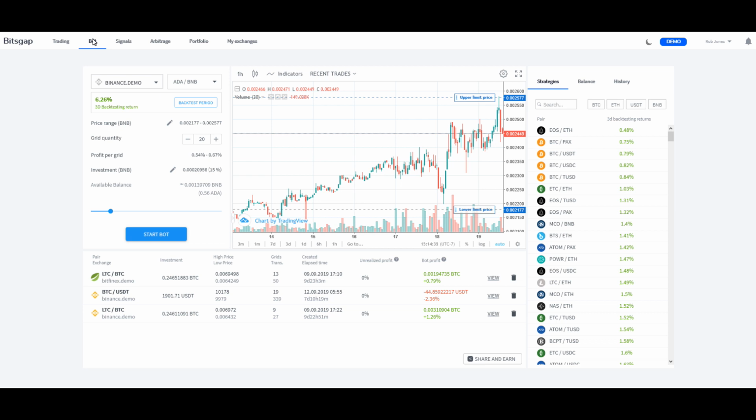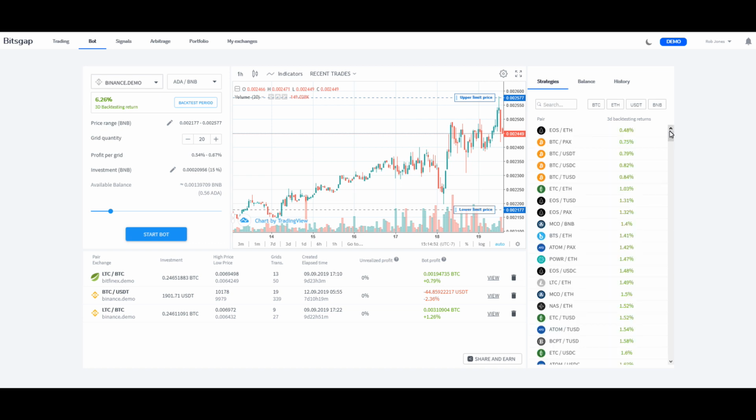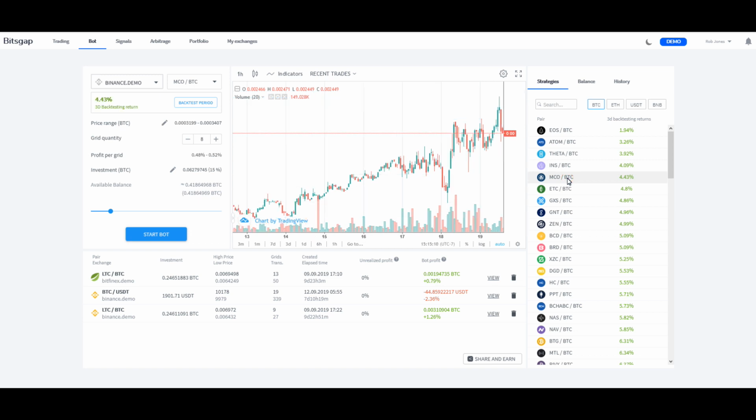Okay, so here is the bots. If you've never seen this before, this is pretty nice. It's pretty simple, guys. You're just going to come over here to these strategies, and you're going to find whatever cryptocurrency that you want to put into a bot system where it's going to buy your crypto up and down a range so that it buys you in and out of whatever other pair that you want to pair it with. So if I want to do Bitcoin,